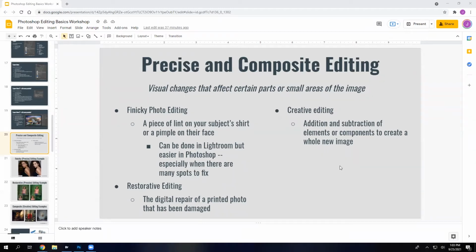We have tools that make it really easy to go in and do things like take a little bit of lint off of fabric. We can actually do blemish removal as well, and we're going to look at some tools for that. This is available in both Lightroom and Photoshop, but again, Photoshop is much more powerful. Lightroom has a very basic tool for this. Photoshop has a number of tools, and there's a lot more power and flexibility. It's not just one tool; there are four standard tools, actually more than four,